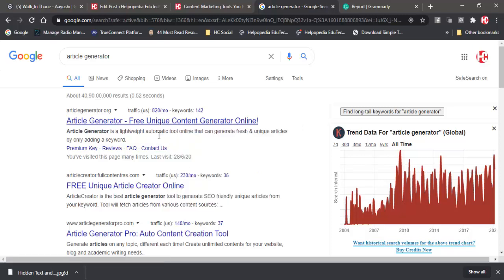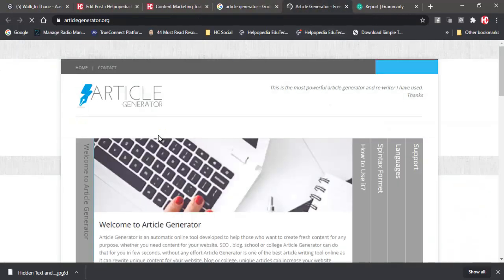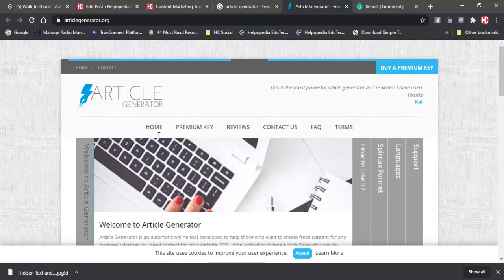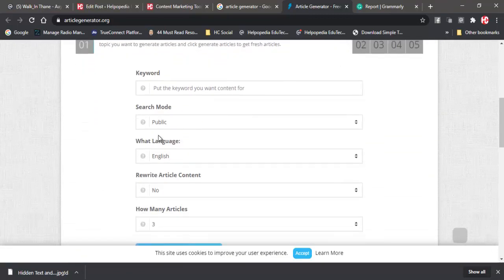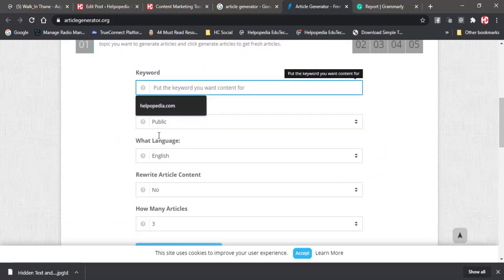Of course, I think that would be paid and not free. Here it says buy a premium key, so it is paid. Here you can put a keyword for which you want content. So I might write that I want content on